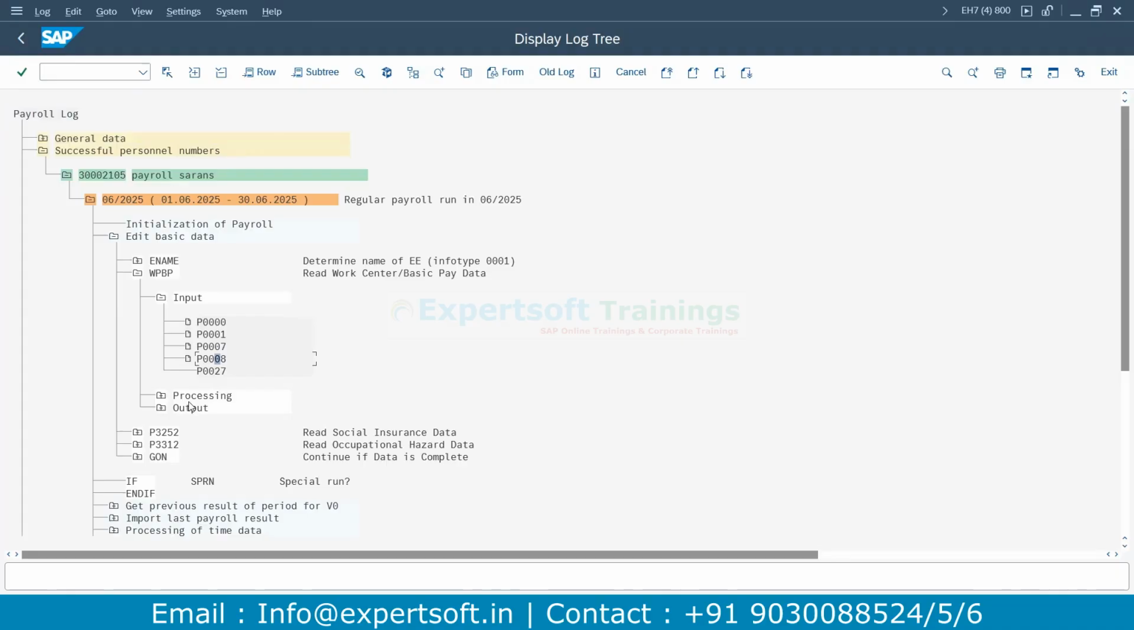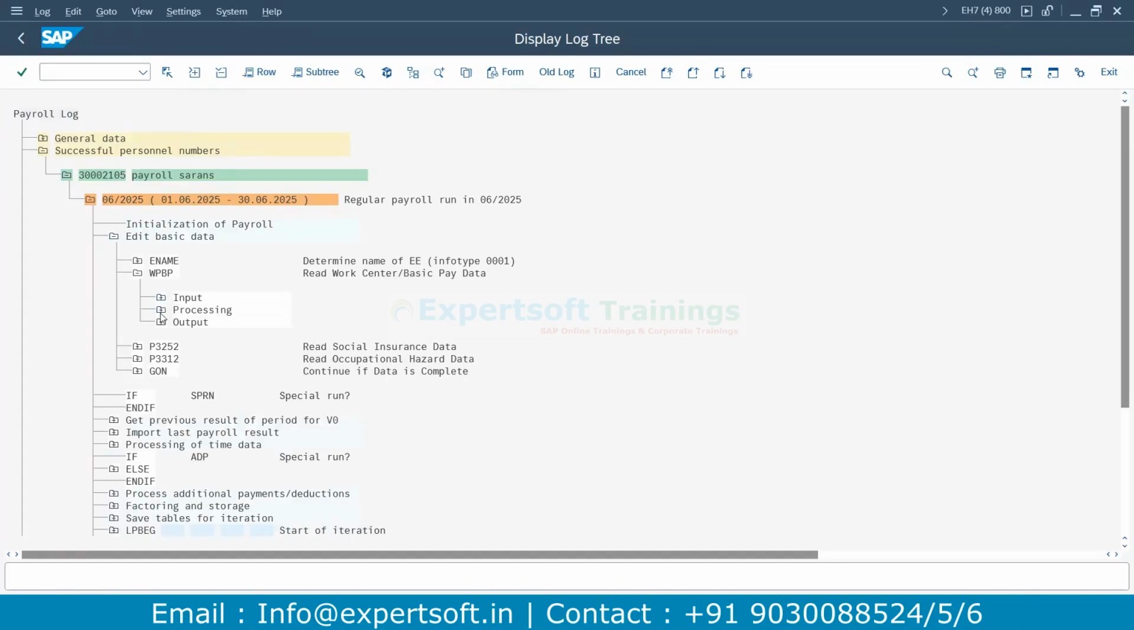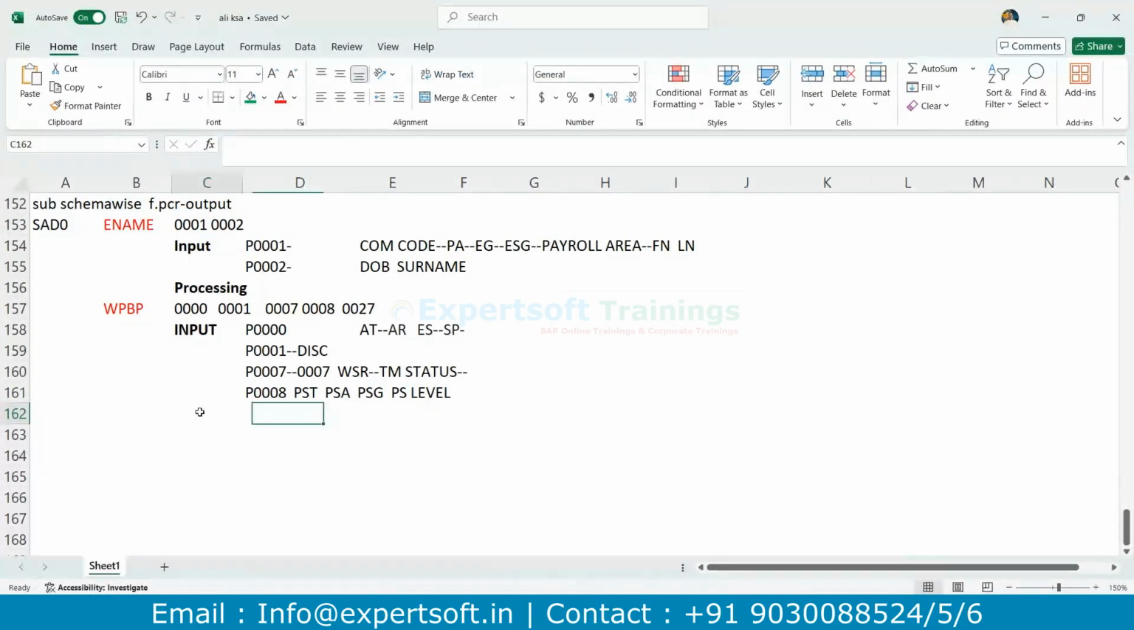This is the same data it is processing, but output data here. This is input data, output data. In output data, what is it reading here? One is WPBP, workplace basic pay, second one is IT. Here it is a function in SAD0. Here it is a table. In this table,